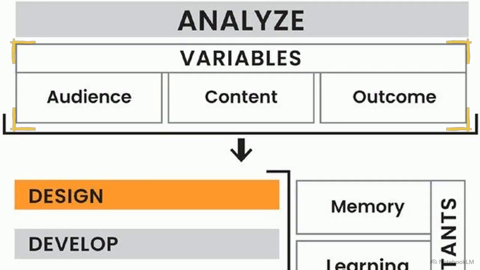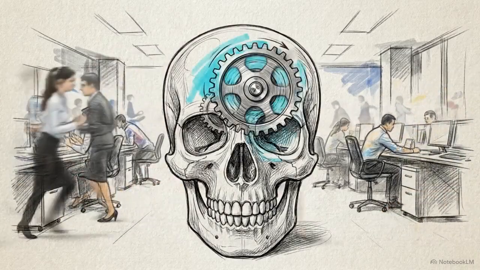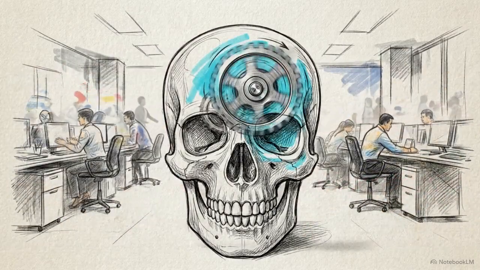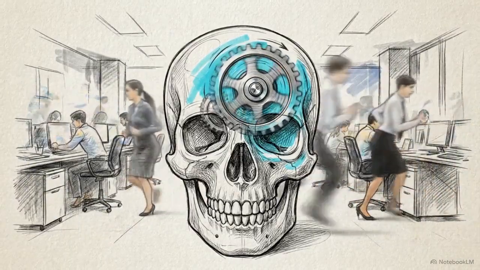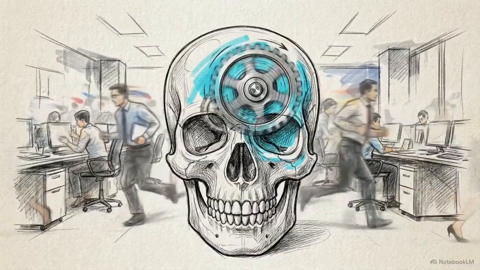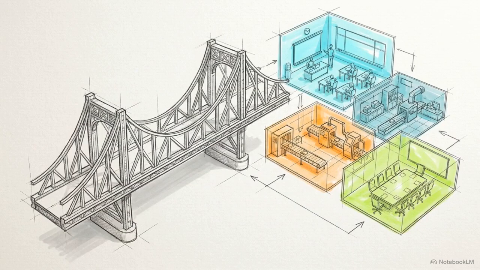These top-row variables, audience, content, and outcome, change with every project. But successful design requires mapping those variables against the vertical column on the right, the constants of memory, learning, and motivation. While delivery media, corporate goals, and academic environments frequently fluctuate, the biological mechanics of how human cognition processes data remain absolute. Effective design serves as the bridge between these unchangeable cognitive constants and the highly variable demands of a